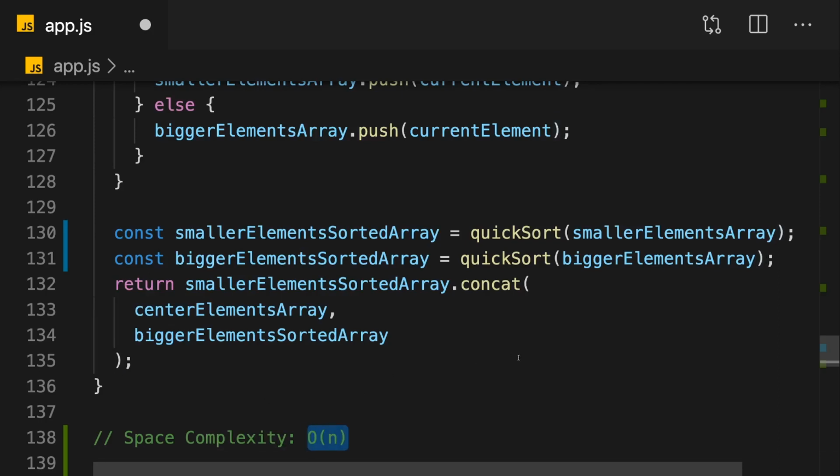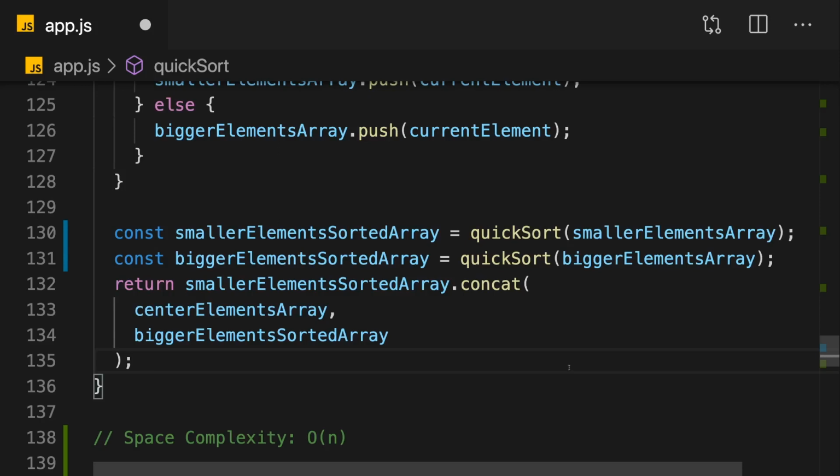and the number of items we create in memory grows in a linear way. The bigger our n, the more items we're going to create in memory, and it grows at the same rate. Now, you actually might wonder why it's linear space complexity though. After all, we call ourselves twice, right? In lines 130 and 131, we call quicksort. So you could argue that every time we call ourselves twice, so we should actually have quadratic space complexity here,